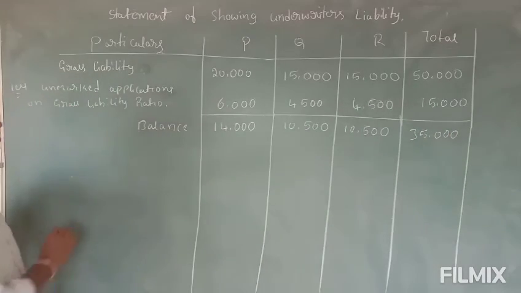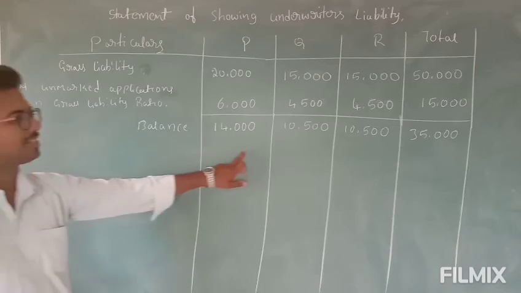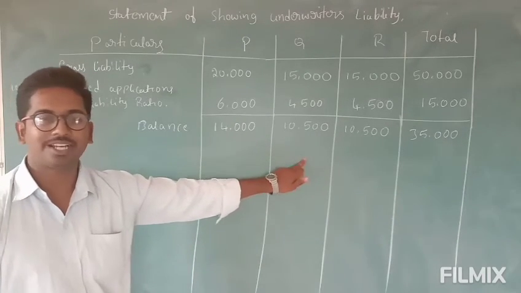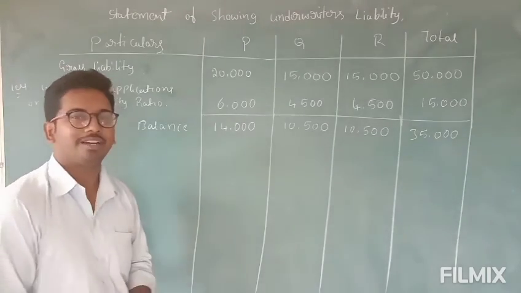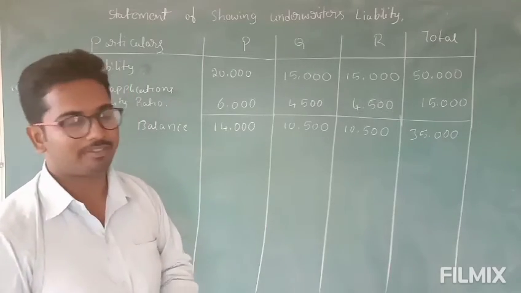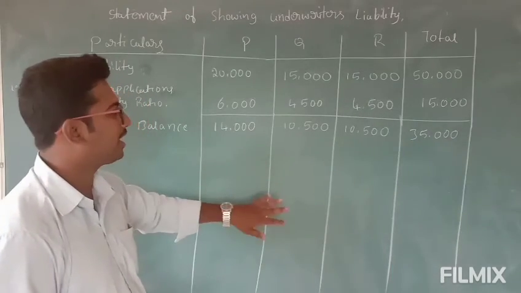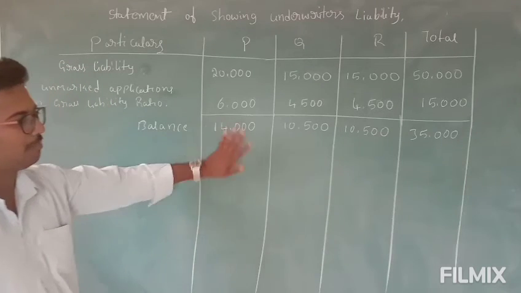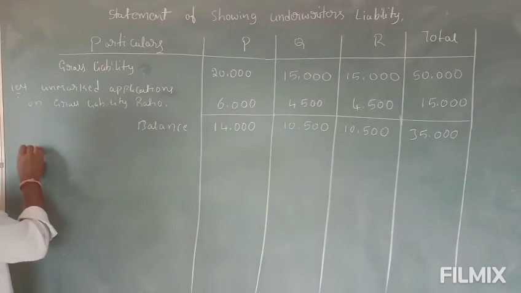Then, in case you get any negative balance here, that is what you call surplus. What did we do with surplus? We distributed it to the remaining partners in the gross liability ratio. So in the question you should not get any negative figures, so you can continue. So we got all positive values. So next step, less